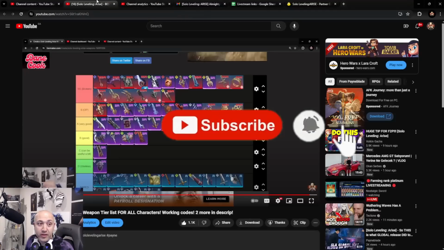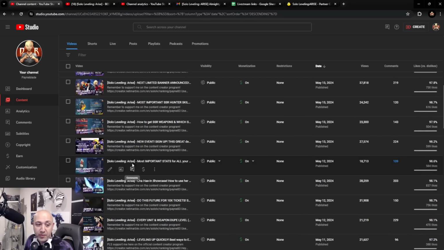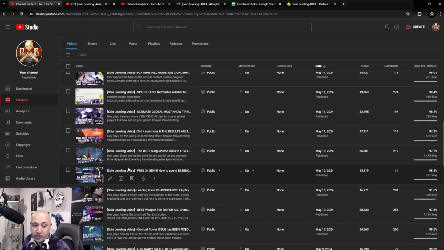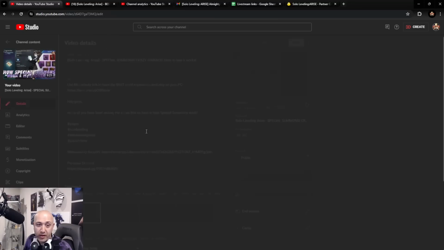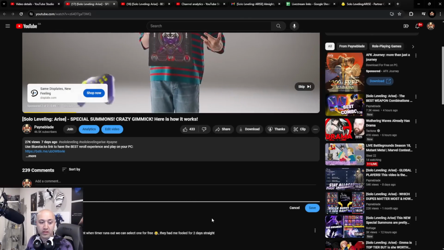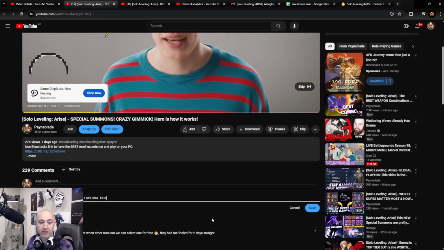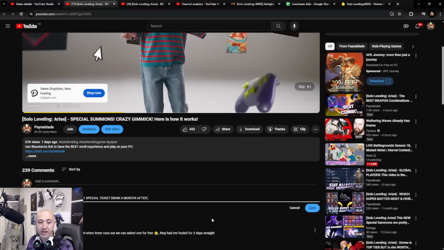So I know I've been doing this craziness here with the special summons, and I was thinking of updating you guys with it. So special summons, in fact, does force you to pay after you get yourself the first summon for free. So I'm going to jump into this video for a second, and we're going to update this. So edit it. That looked like every 10 days or so you can get another ticket, but that's wrong. So it looks like you only get one special ticket draw a month. After that,